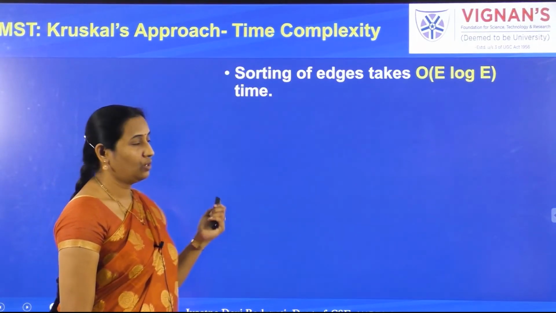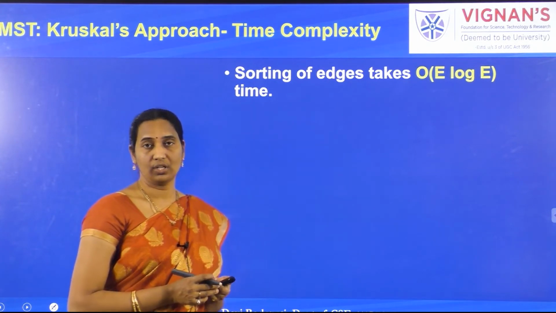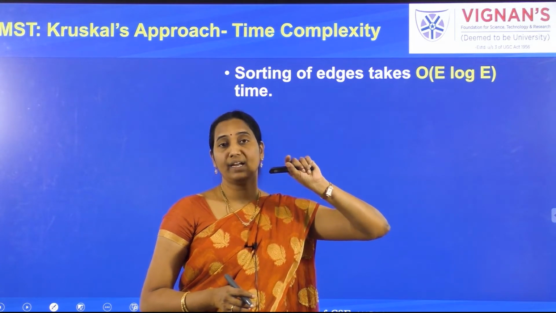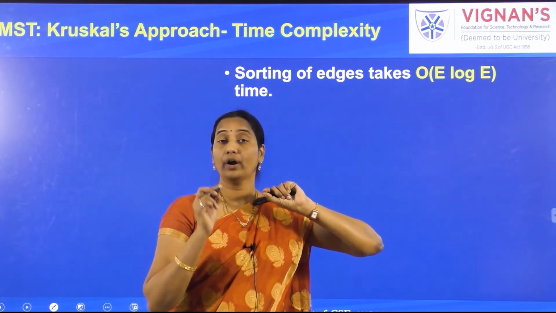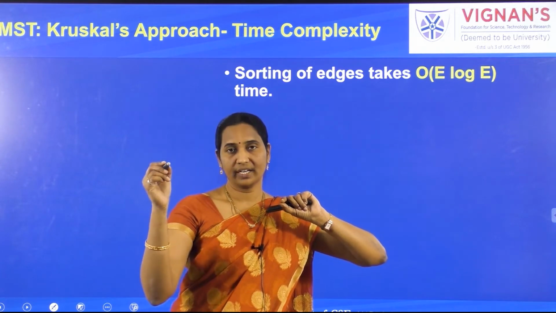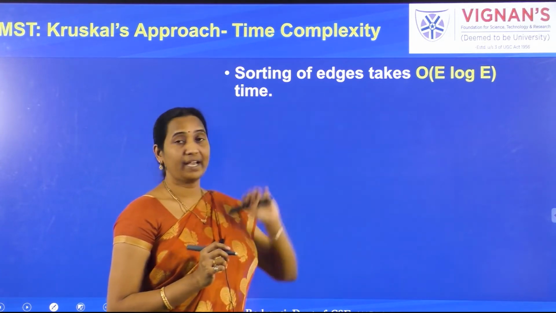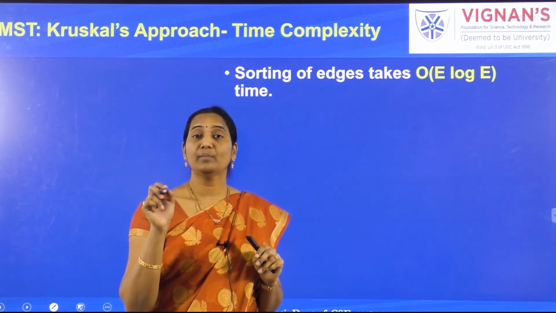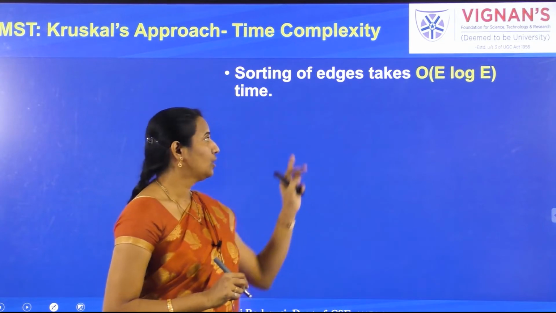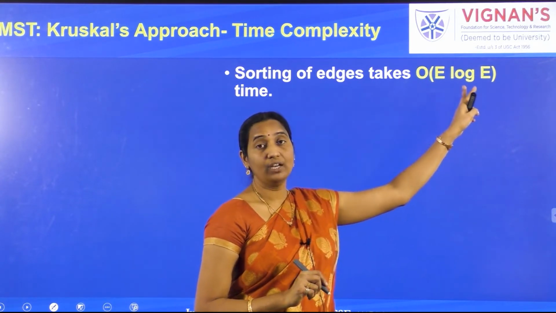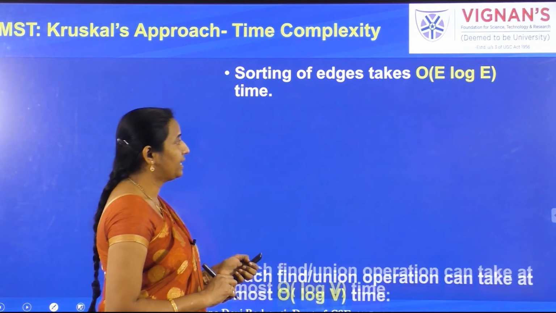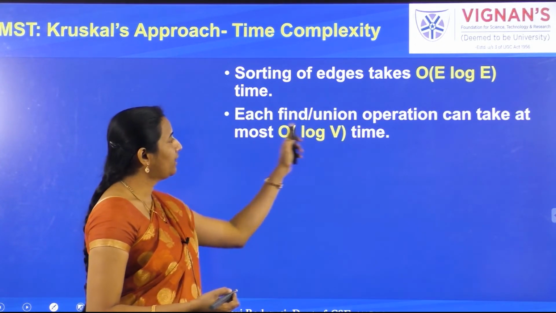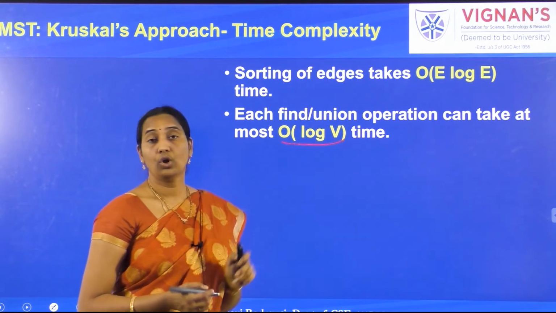Now let's see how the time complexity is calculated using Kruskal's algorithm to solve the MST. If there are n number of elements, to sort n number of elements, what is the time complexity? It is order of n log n, even if you use the best sorting algorithm. Here we are sorting the edges. And how many edges are there? E number of edges, that's the notation we are using. So first, sorting takes order of E log E time complexity. And once they are sorted, you are applying the union and find operations, and every union and find operation will take only order of log V time.